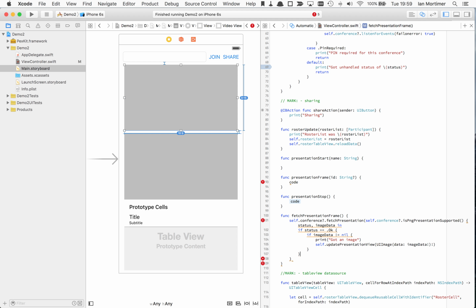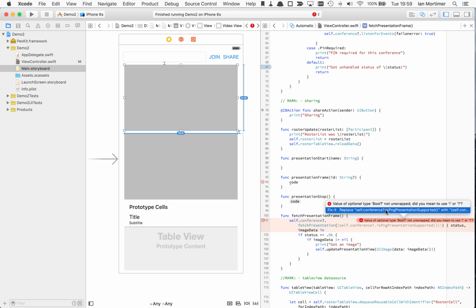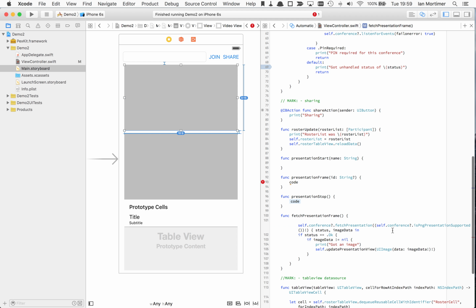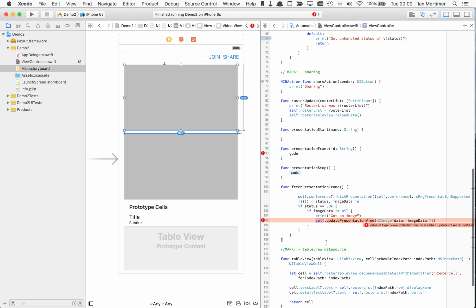Okay. What are we complaining about here? Just a forgotten bracket. And take that. Okay, so that's our presentation frame. That's a good error because you haven't actually created that one yet. So let's go ahead and create the